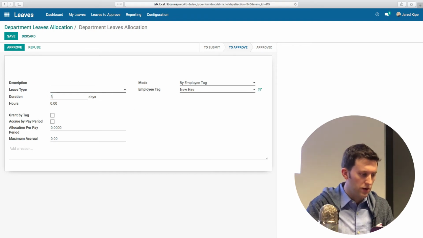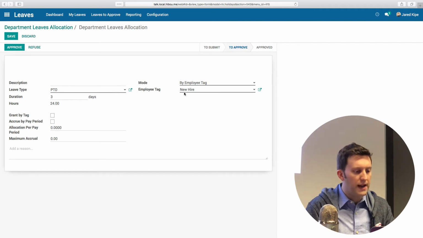And we'll grant maybe 3 days to begin with. And we'll make a new one called PTO, paid time off. And right now, this won't really do anything. If you've used this functionality before, it shouldn't be a surprise to you. That tag we just created, no employees have that tag, so it's not going to do anything. But we can choose this grant by tag button option here and approve this